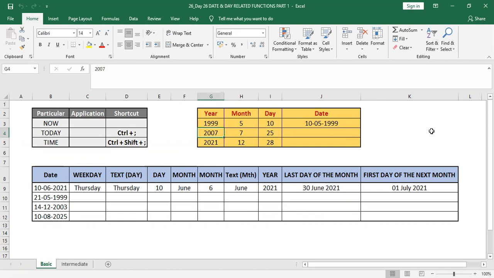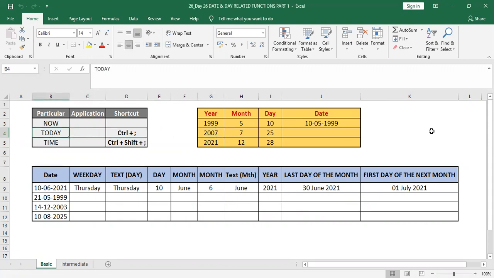It's really amazing that we are meeting for the 26th day today, and today we are going to learn something about calendar, I mean, the formulas related to calendar: day and date. I have made it in two parts. So today we are going to see the basic formulas, and today may be a little bit more complicated. Okay, so let's start without any further ado.